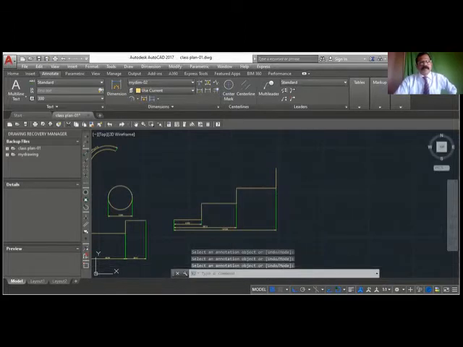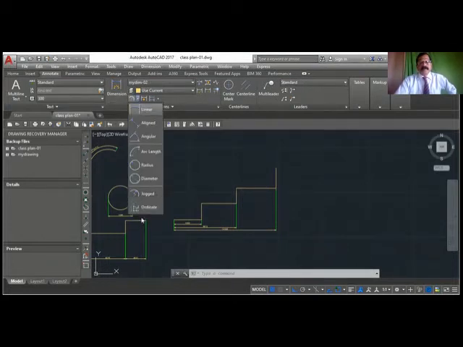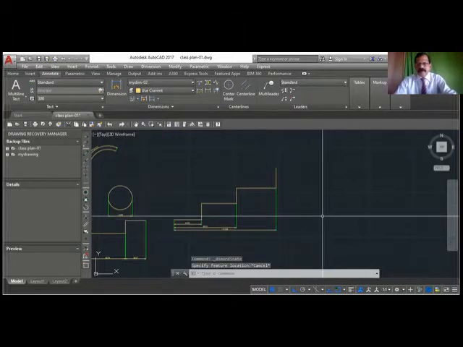Okay. So we have seen dim align, dim angle, dim rad, dim dia, dim arc, dim base, dim con, and we have seen dim jog, dim arc. Everything we have seen. There is another one which is not important. I will just show you what exactly it is. This is just to listen only. This is to write the coordinates.